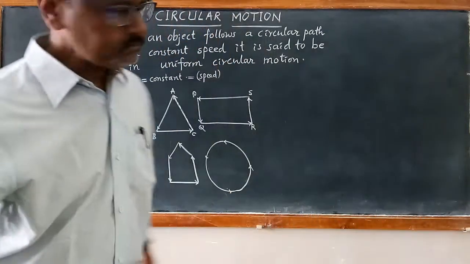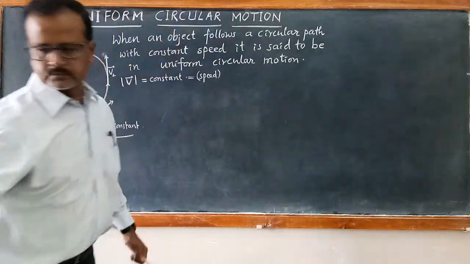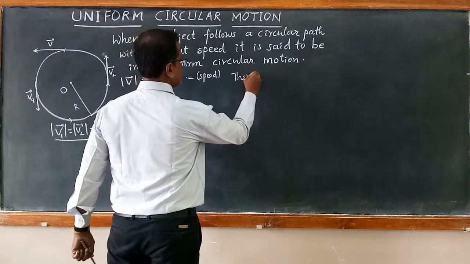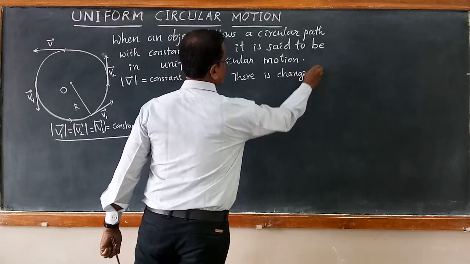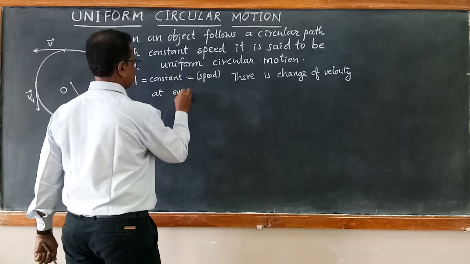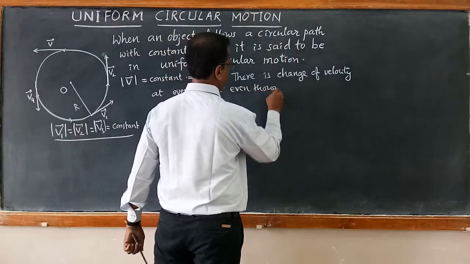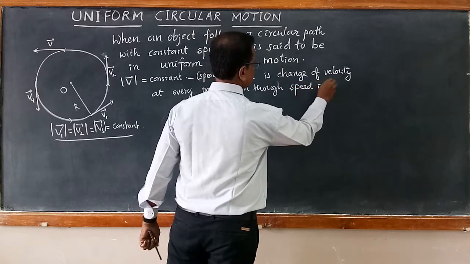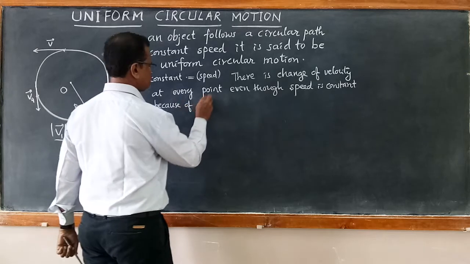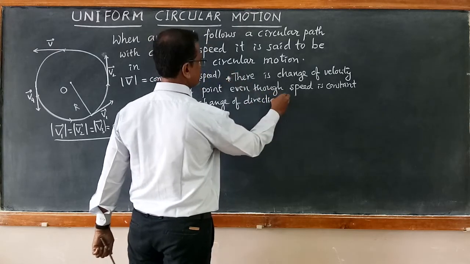So we can write here: there is change of velocity at every point, even though speed is constant, because of change of direction. This is a very important point. There is change of velocity